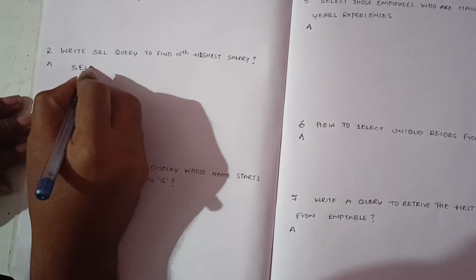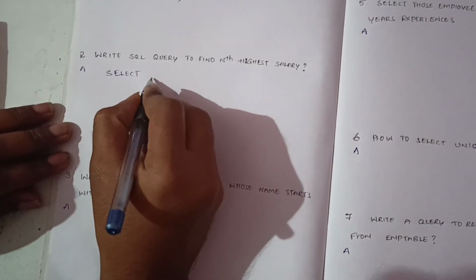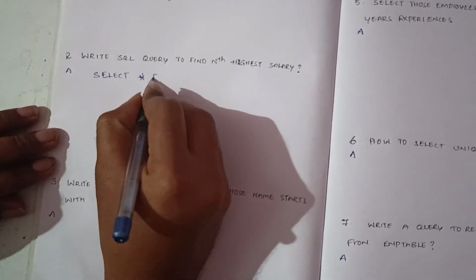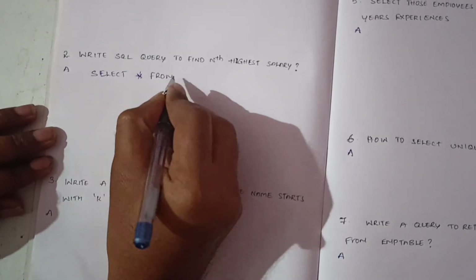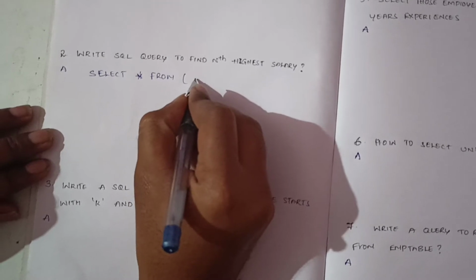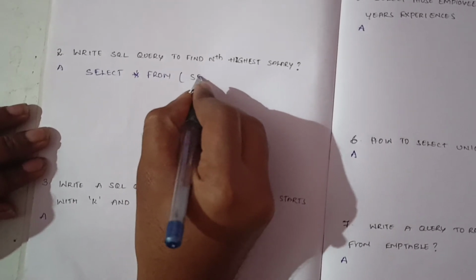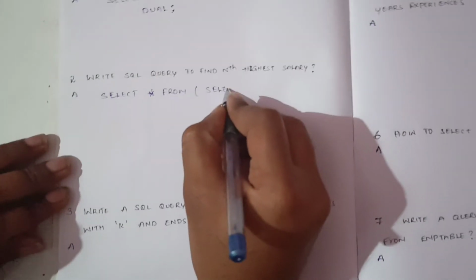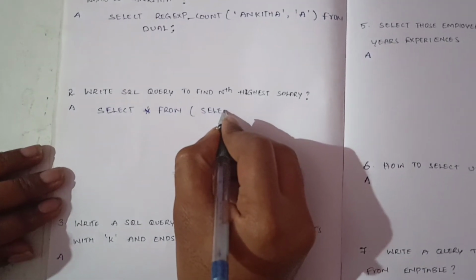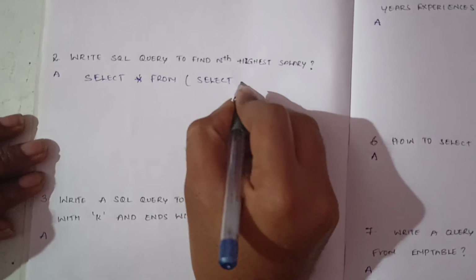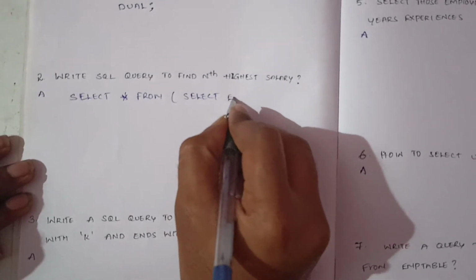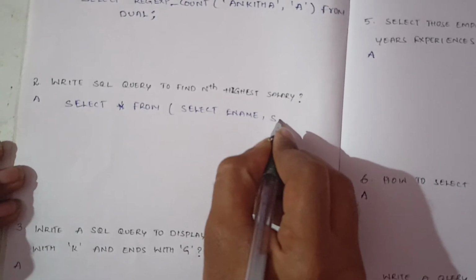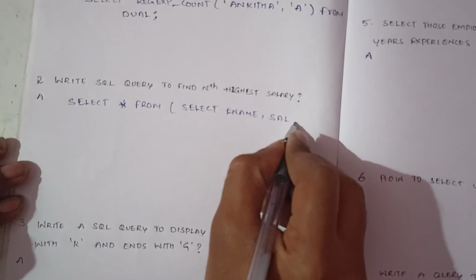Select projection operator from select employee name, comma, salary comma